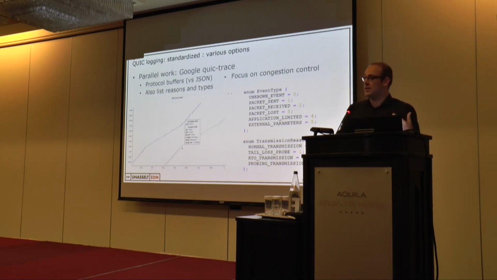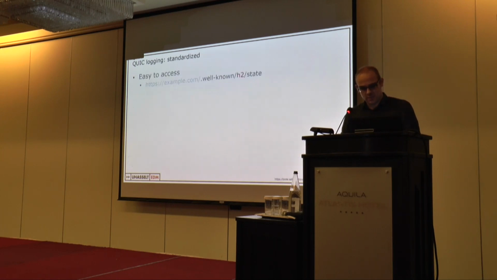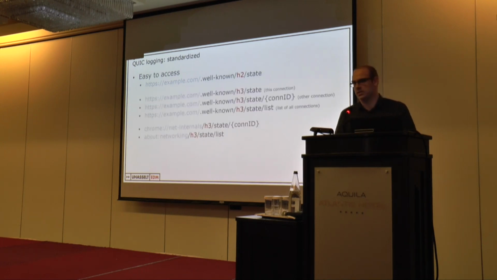So let's say we have finally a new standardized logging format. I don't really care what it looks like as long as it's there. We also want a standard way to access it. So you had this very similar thing in HB2 where they used the well-known URL that you can see here. The downside I thought was that they only allow you to fetch the logs for one connection, the connection you're currently on. What I would like to do is extend this and then also give you a way to list all of the connections that are currently on the server, so you can just fetch them all in one go,